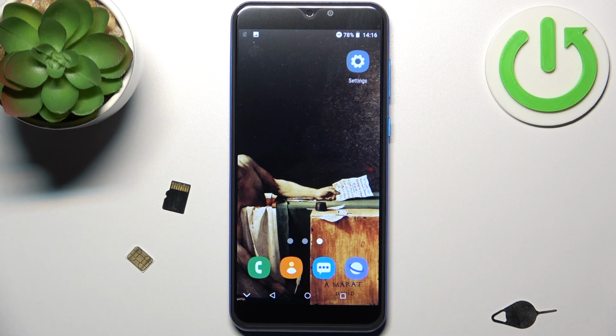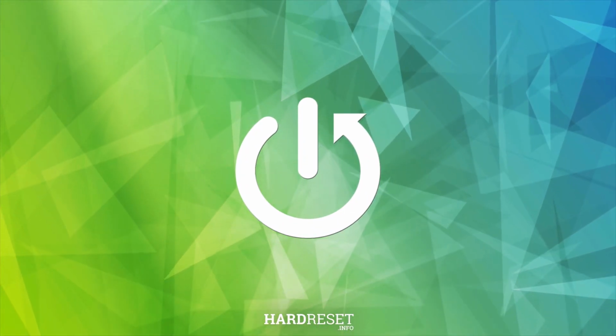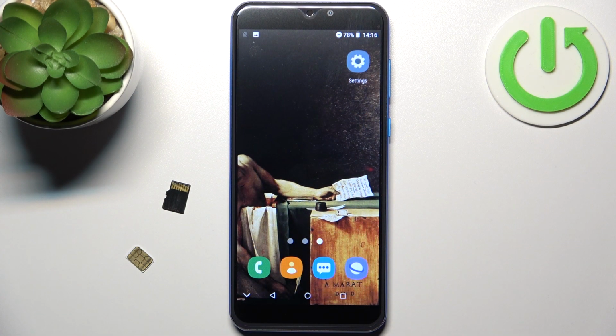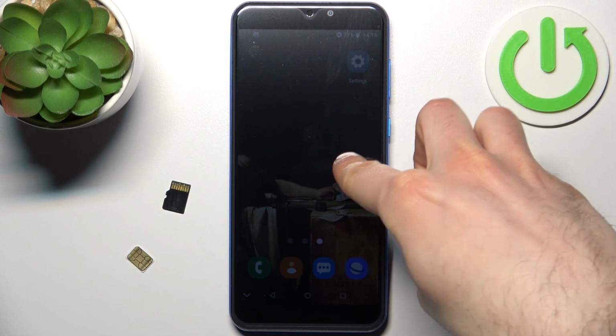Here I have XGODY X15, and today I'm going to show you how to insert SIM card and SD card into this device. To do this, you will need this kind of tool to eject the SIM card and SD card slot, which is located